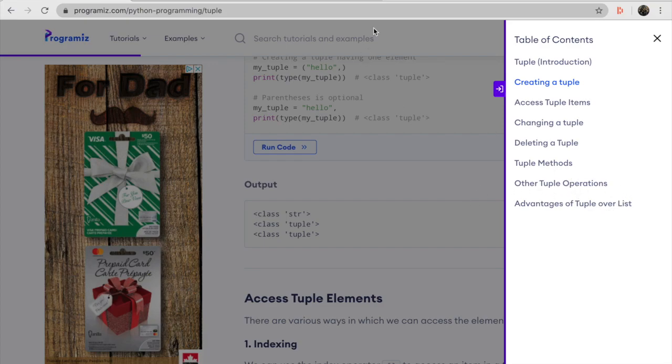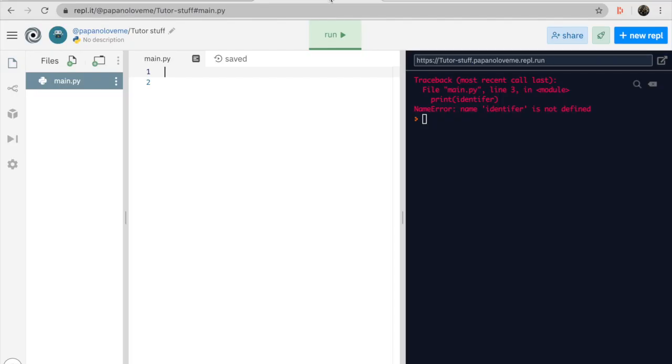So today we learned about a tuple, and I just wanted to say, unlike a list, you can't